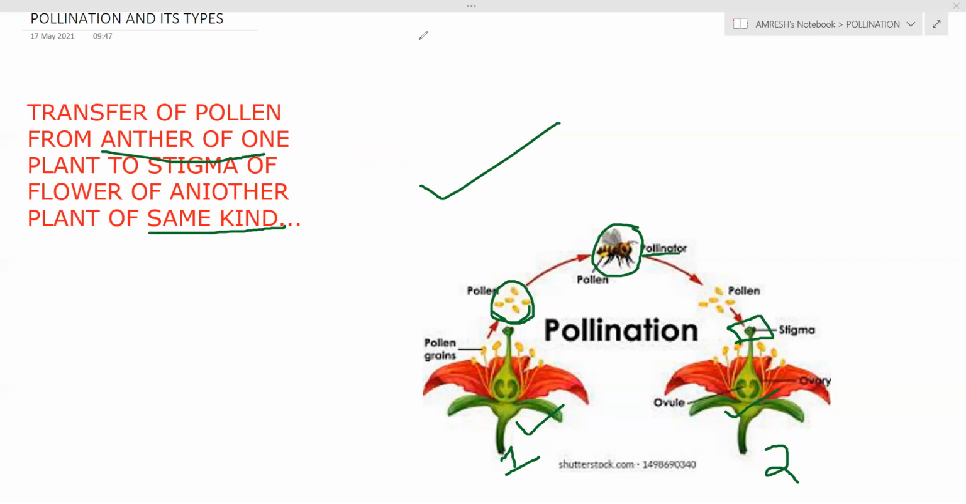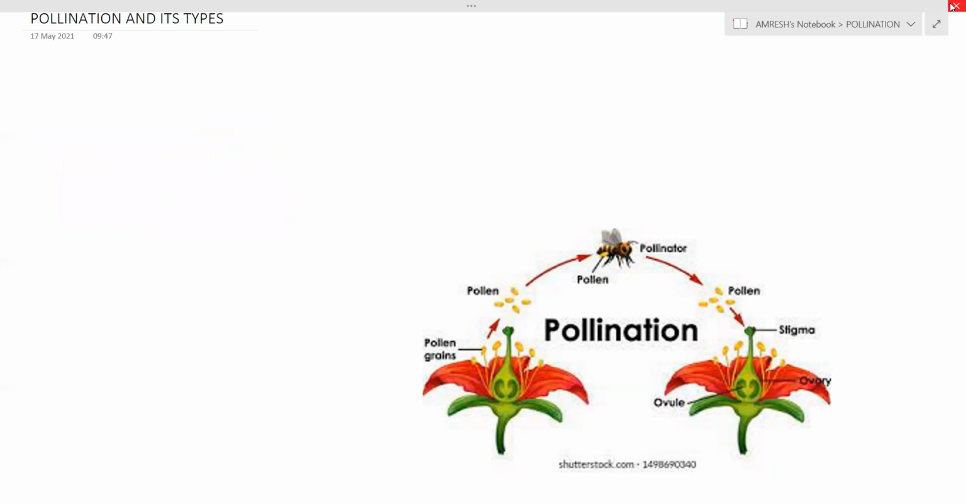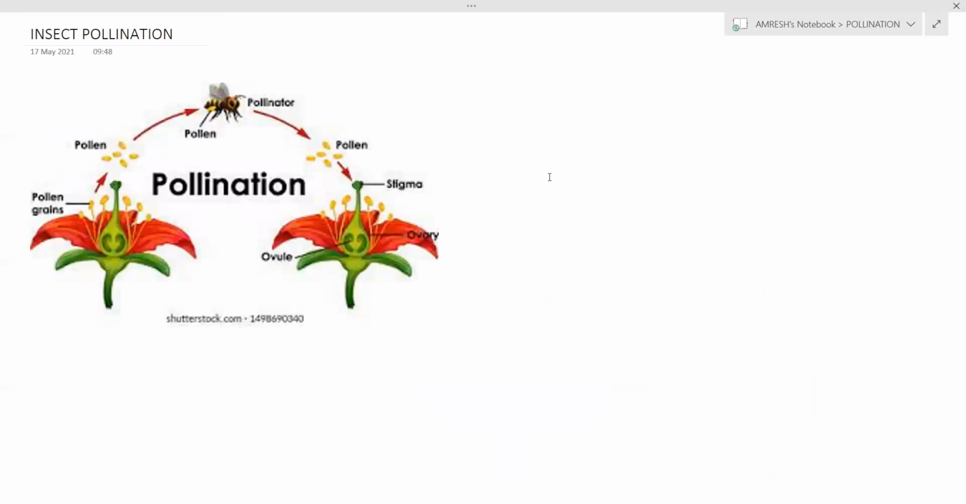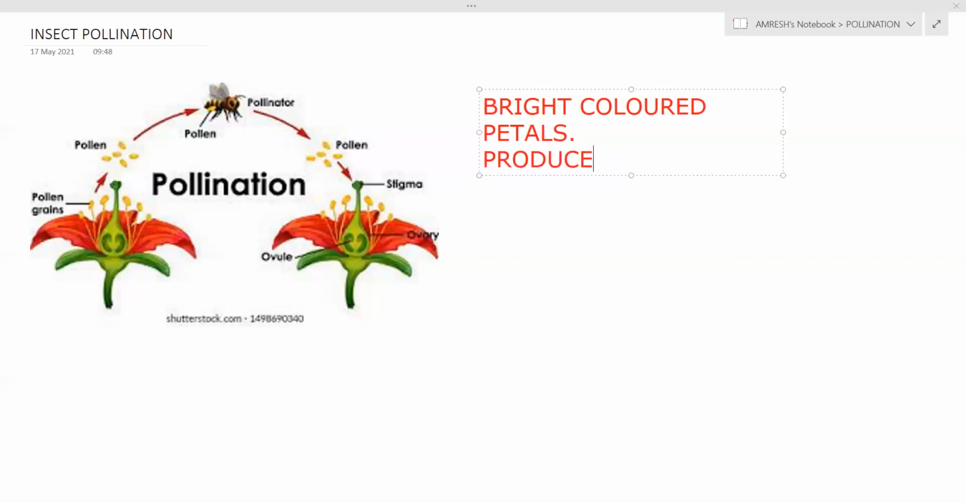Now we will learn about insect pollination. For insect pollination, the flower should be bright colored so that it will attract insects. Bright colored petals must be there, as petals make the flower beautiful, and the flower produces a sweet liquid